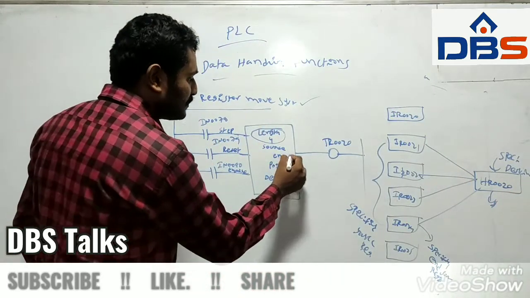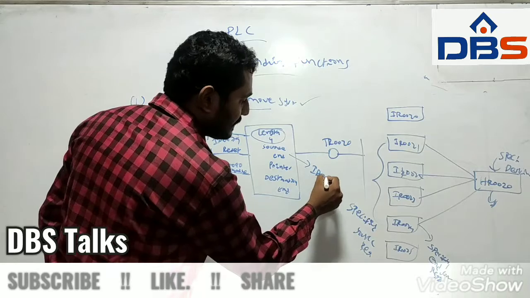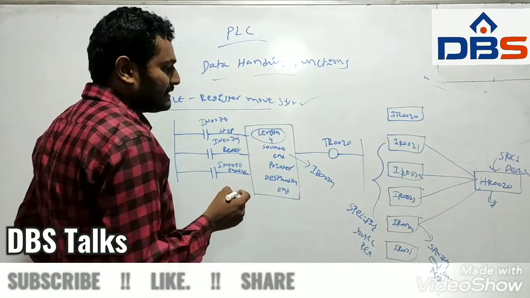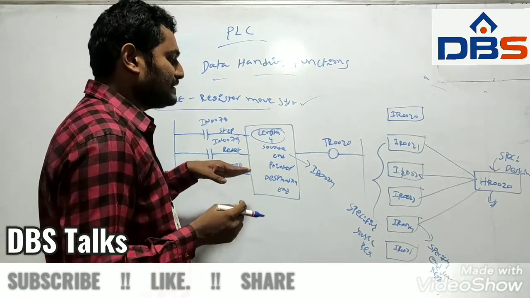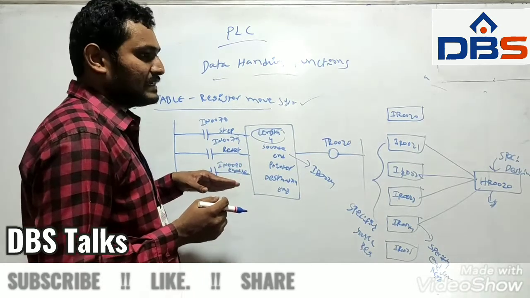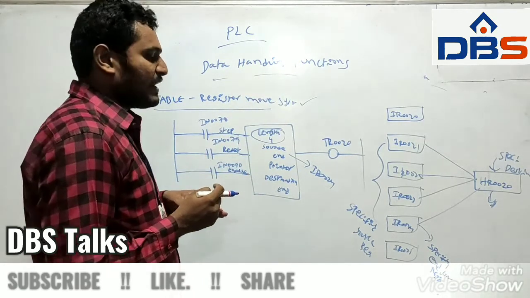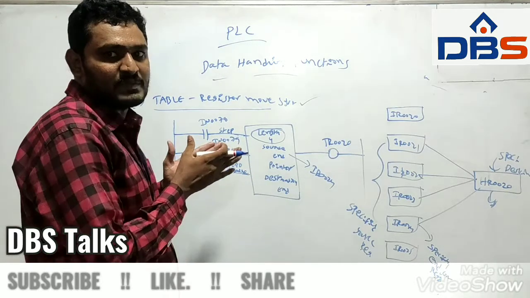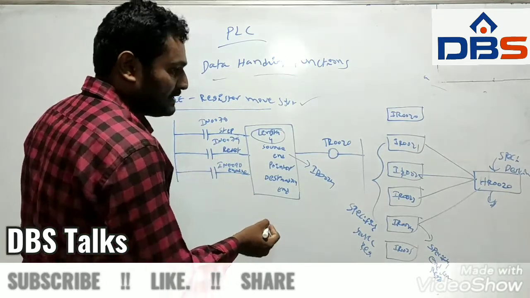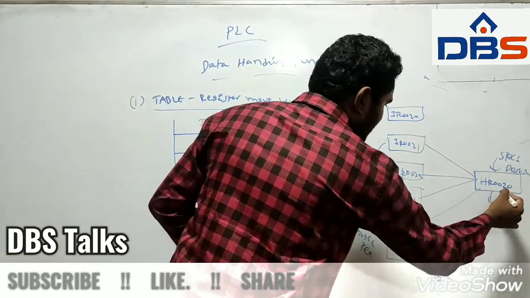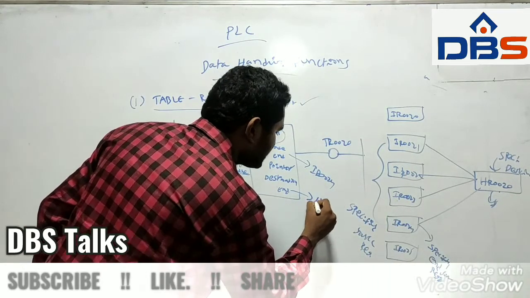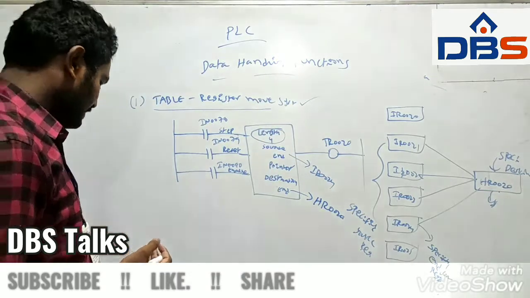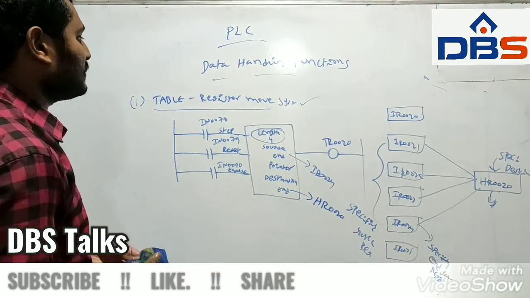So here in the source end, I am taking IR0024 as the source end register, and pointer. Here we have to specify the pointer block. So this pointer block is used to point to the register to move at any moment, because this pointer gives the information about the registers. In the destination end we have to put the last register, that is the destination register HR0020, which delivers the data to the program. So this is the table to register move system.